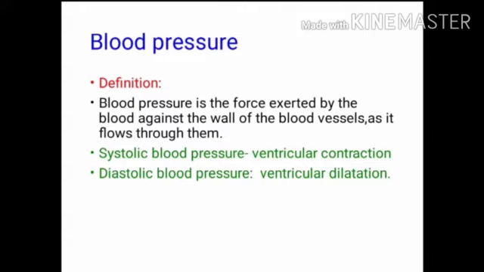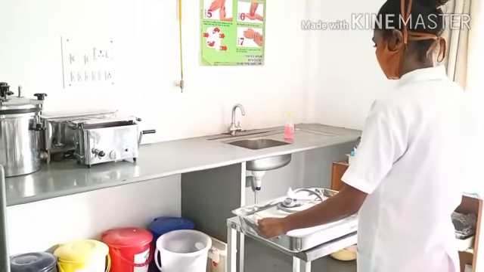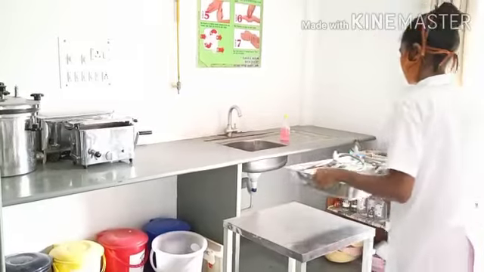Now, what is hypertension? Hypertension means whenever the systolic blood pressure is above 140 mm of Hg, and the diastolic pressure is above 100 mm of Hg. And second, that is hypotension. In that, the blood pressure is below 100 by 60 mm of Hg. That's called hypotension. Now after recording, replace the articles in the utility room.